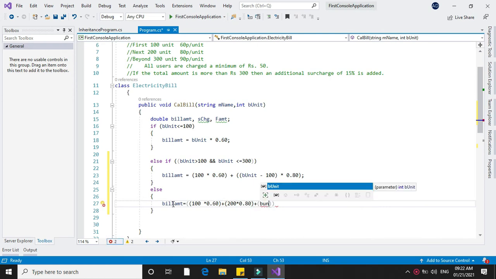So to calculate remaining unit we will subtract bill unit minus 300, since we have already calculated the units 100 and 200, into 0.90.